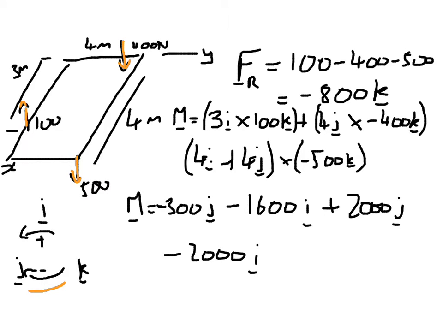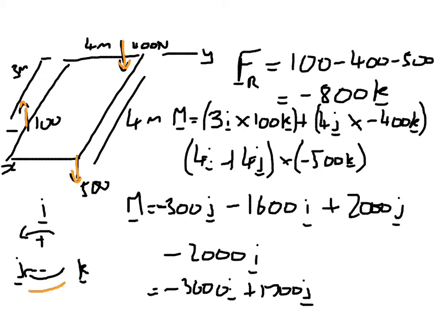We can then simplify that a little bit. We can say that equals minus 3600 i plus 1700 j. That doesn't finish the question though, because the last bit is asking where do we put that force. We've got a force, we've got a moment, but where do we put that minus 800k as one single arrow